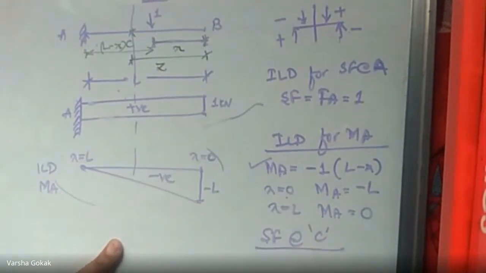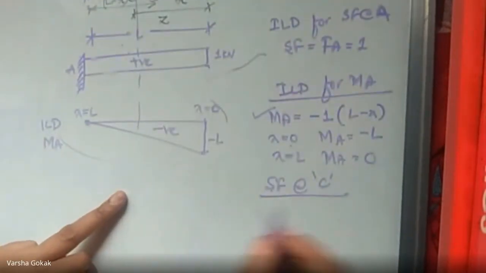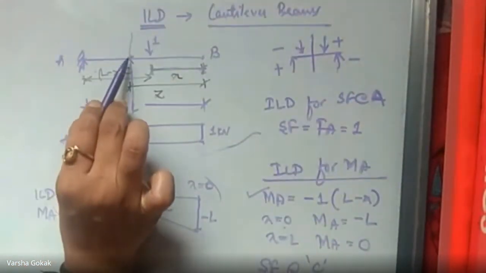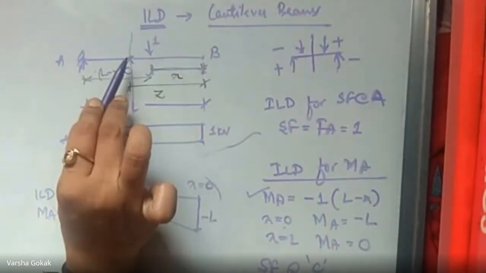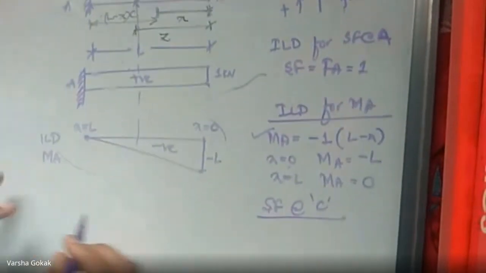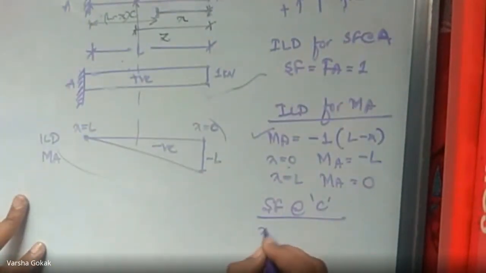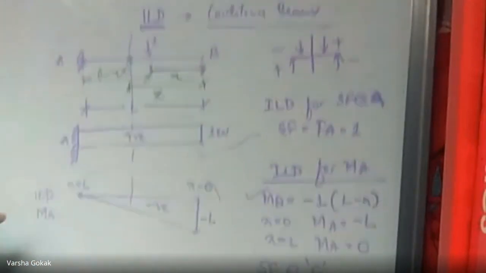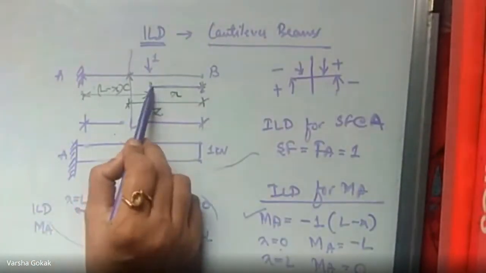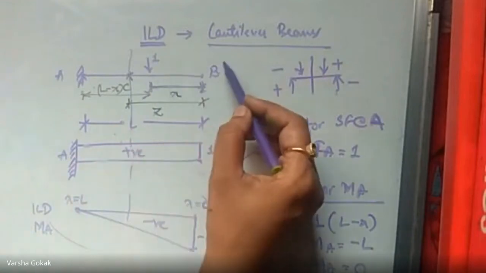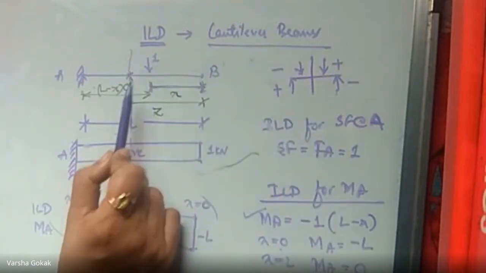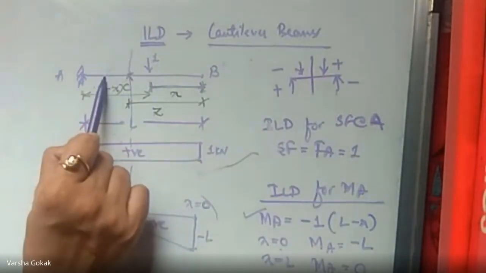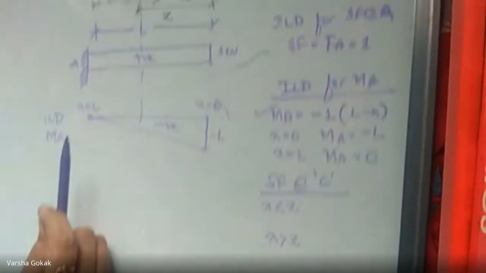So when we are writing shear force at point C now, I will have two conditions. The C point can be within this or after this. That is how I write the conditions. X is less than Z and X is greater than Z. Right? We have done this in that case. So X is less than Z means whatever I have drawn. X is greater than Z means this 1 kilonewton was here. Okay, so those are the two cases.